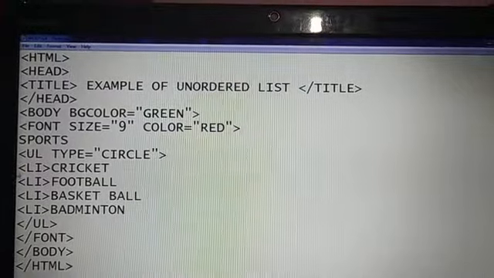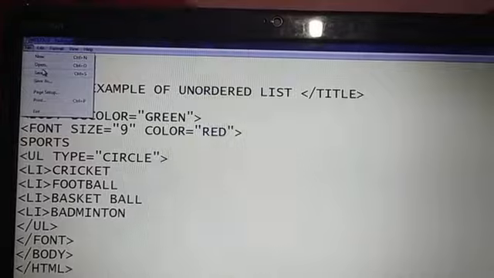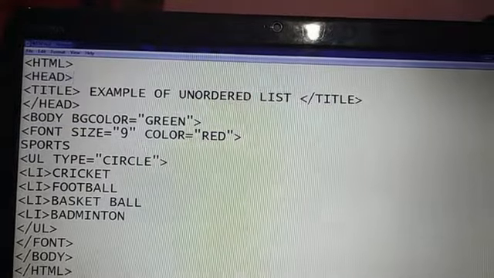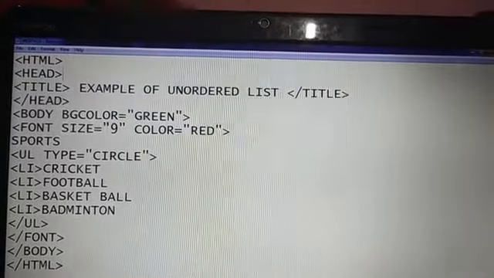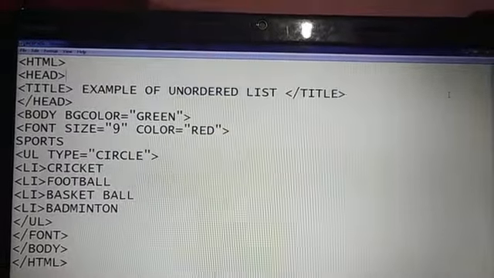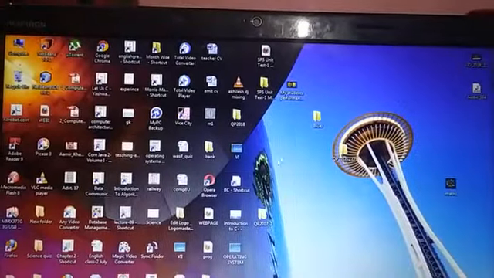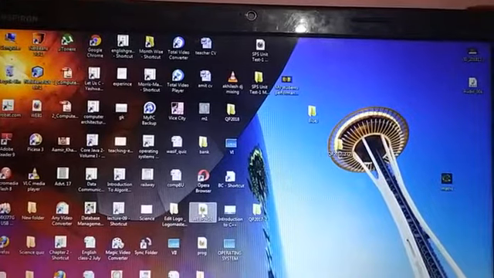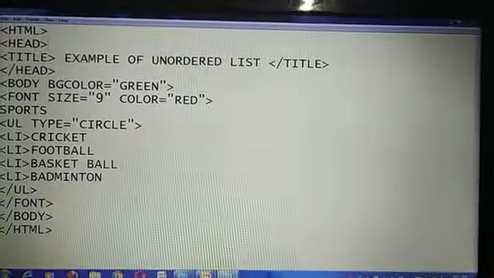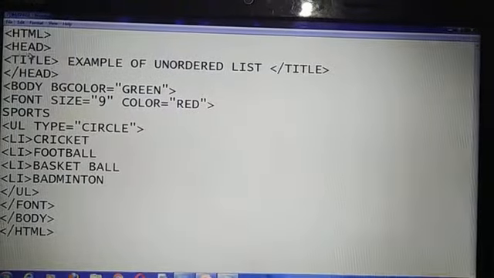Now if you want to save it, you can save. After saving, remember that to save this file you will use the extension .htm or .html. Now open the location where you have saved. I have saved the web page on the desktop. If you want to change the location, from the File menu you will choose Save As.